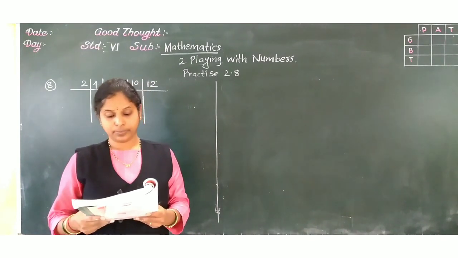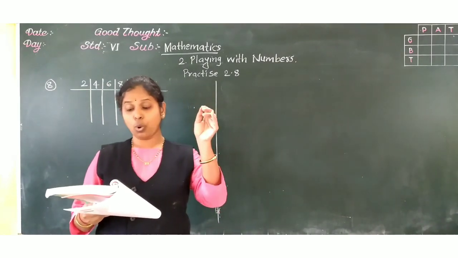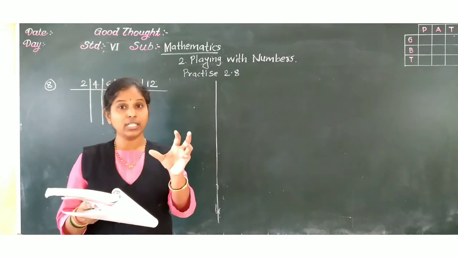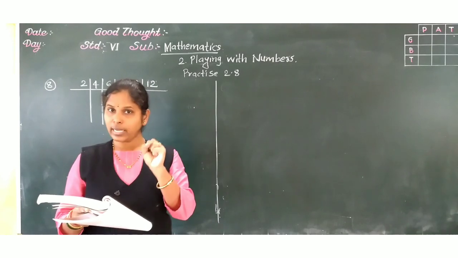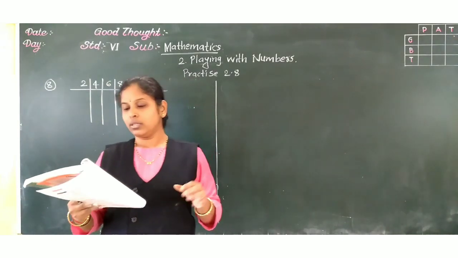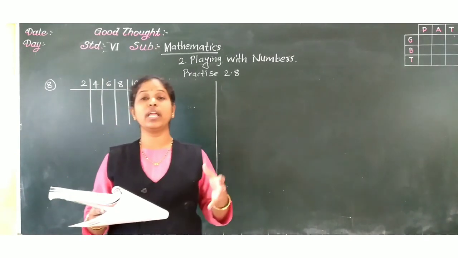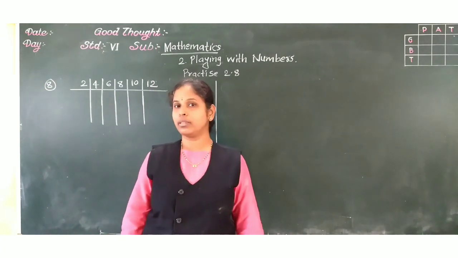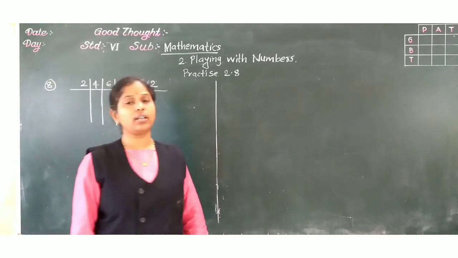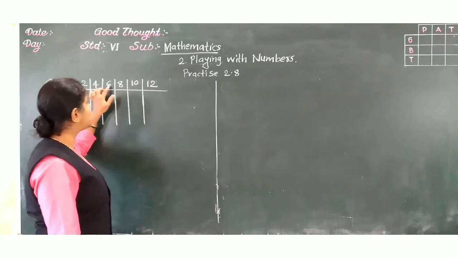In 30 minutes, we have the bells commence tolling together. Though the intervals are different, at a particular time the bells must toll together. So in 30 minutes, how many times will they toll together? That we have to find out. See, 6 bells are there, and they toll at intervals of 2, 4, 6, 8, 10, 12.